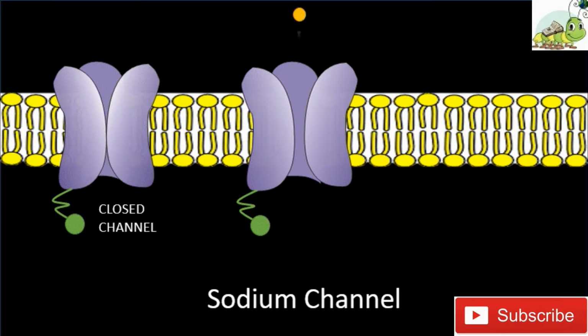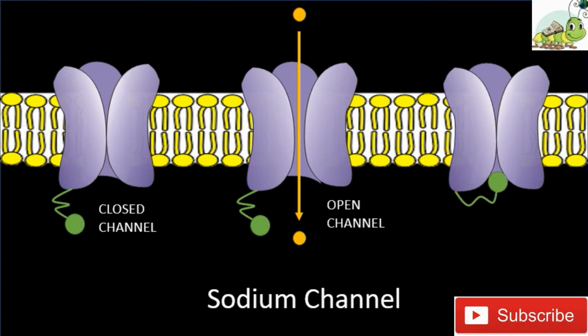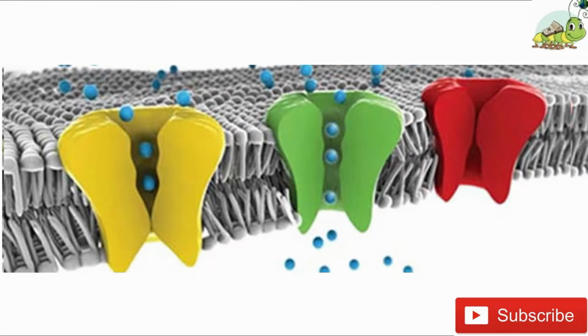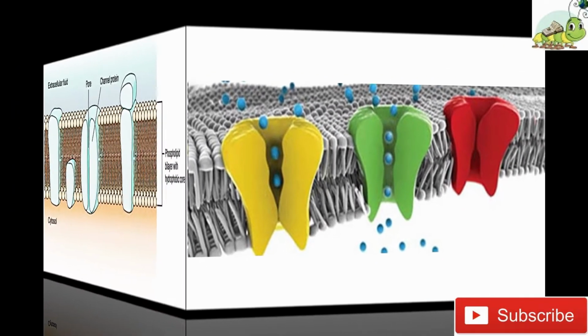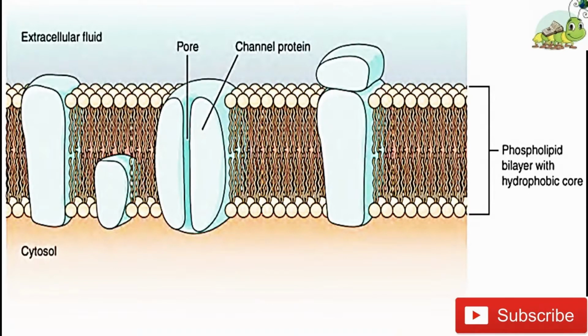Several channels as well as specialized energy-dependent ion pumps are necessary to generate a transmembrane potential and to generate an action potential. Of special interest is the carrier protein referred to as the sodium-potassium pump that moves sodium ions out of a cell and potassium ions into a cell, thus regulating ion concentrations on both sides of the cell membrane. The sodium-potassium pump requires energy in the form of adenosine triphosphate, meaning ATP,